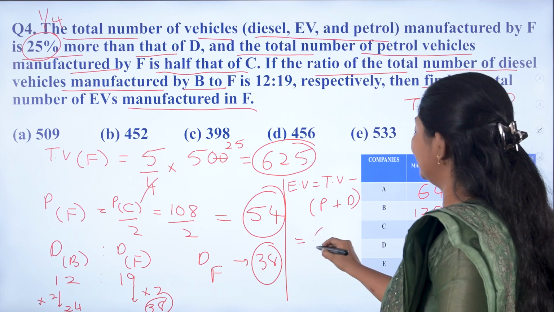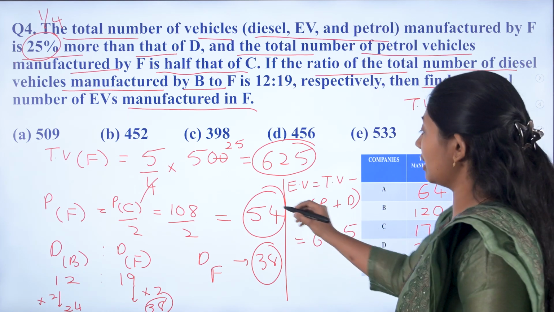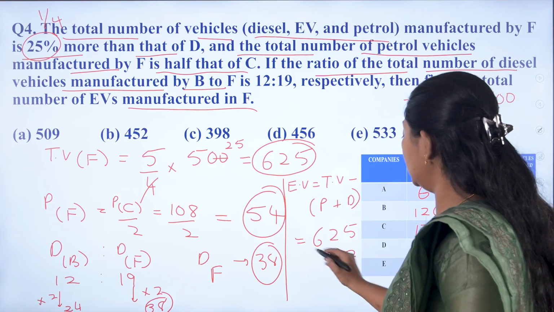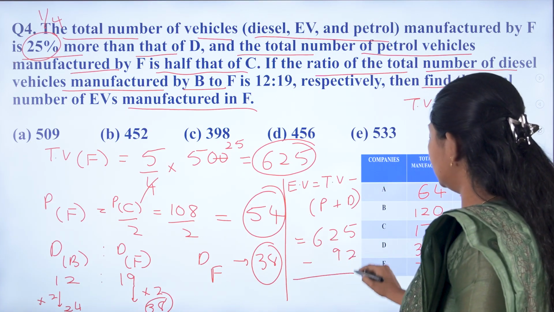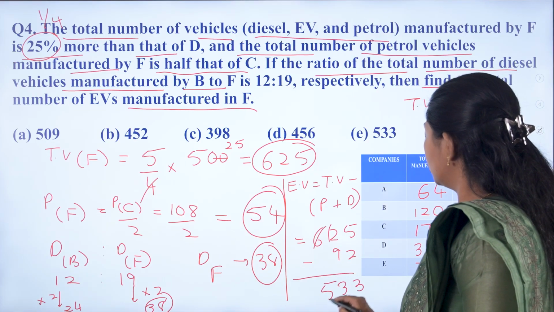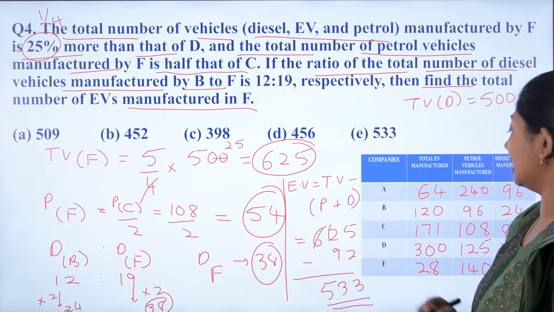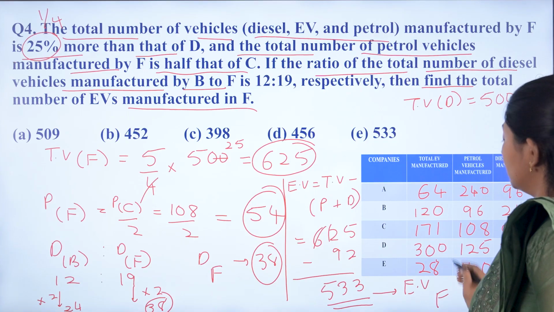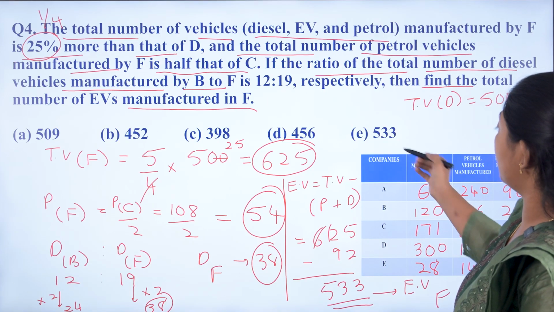So, what is total? 625. So, what is the sum of petrol plus diesel? 54 plus 38, that is 92. If you take the difference, 625 minus 92, then you have 533. So, 533 vehicles are EV vehicles of F. So, this is easy. So, what is the option number? E,